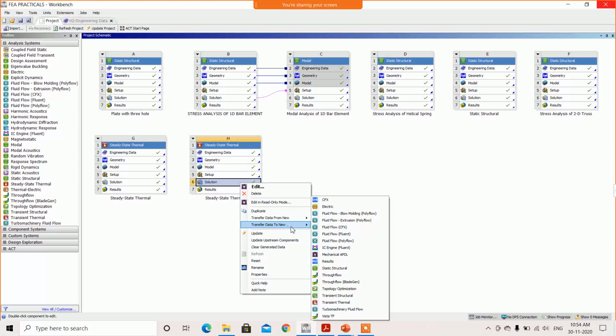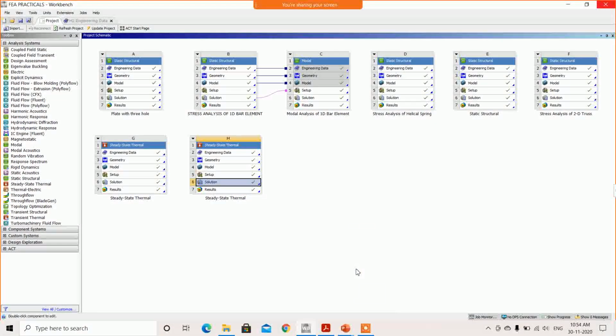Here you can check transfer data to new. So transfer data to, I want static structural. Yes, here is a static structural analysis. Got it? All the thermal analysis results have been transferred to the static structural.